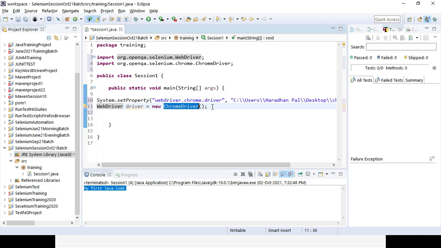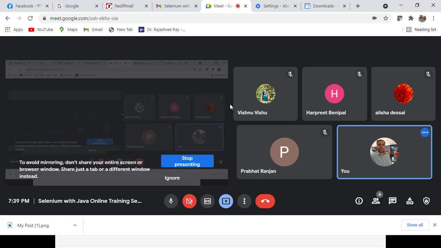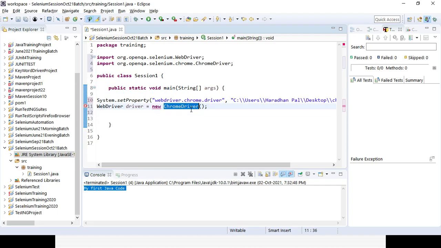After that, if I want to use that driver, now you can see the red error message is gone, but there is a warning message, right? Because the driver object I have created, I did not use anywhere. That is why the warning message is showing, that means you did not use it, you can use it now. So that is the difference between the error message and the warning message.